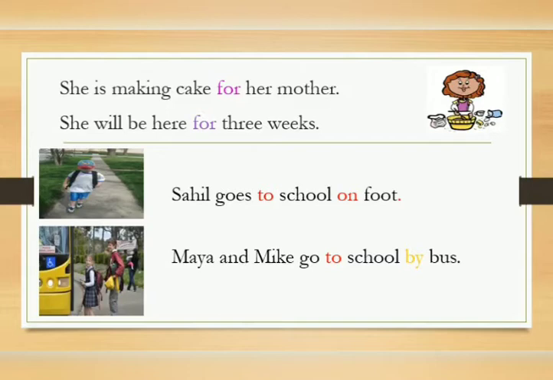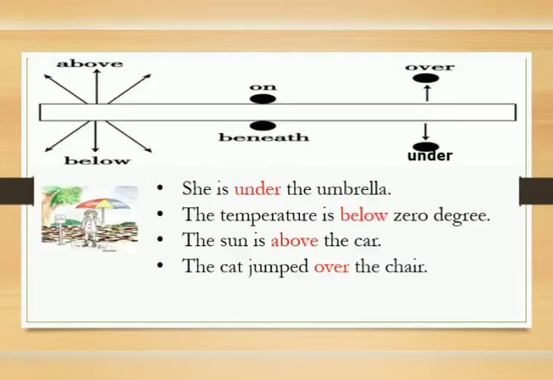So how do they go to school? They go to school by bus. So indicating the medium through which they go, by bus. This chart will help you in understanding these prepositions. You can see here in this chart that this is an object, and above this you can see a few prepositions I have written with the arrows: above, on, over, and under this I have written below, beneath, under.